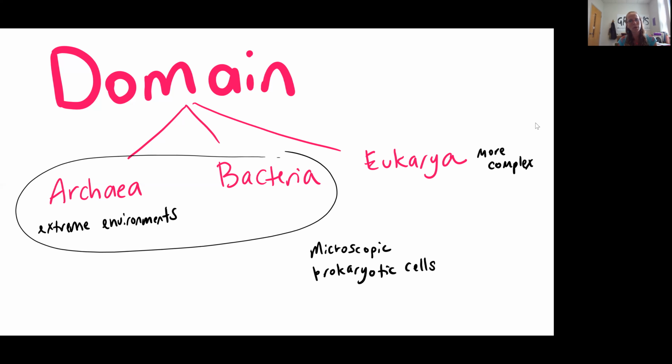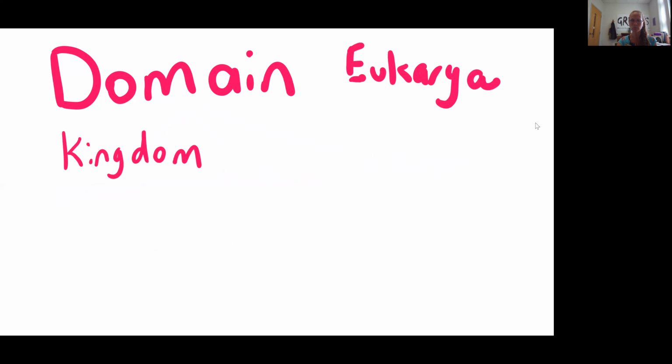Eukarya are the more complex organisms. These do include unicellular organisms all the way up through humans or multicellular organisms. The signature difference is that all of these organisms in this domain have a eukaryotic type of cell. And again, we'll talk in the future about the key differences between prokaryotic and eukaryotic cells. As we look at our domain Eukarya, this is really where our focus will be this semester.